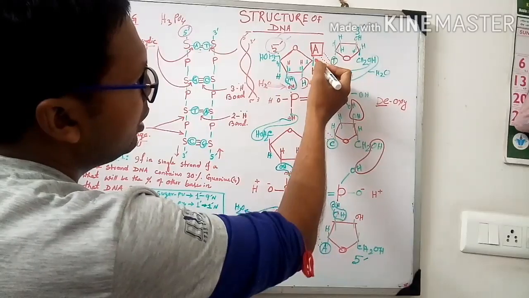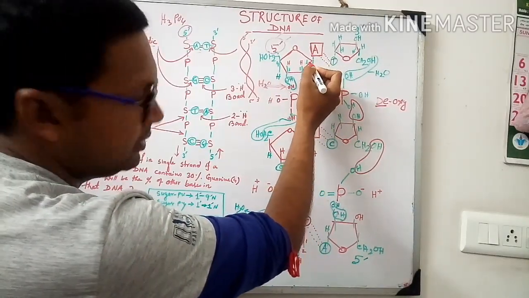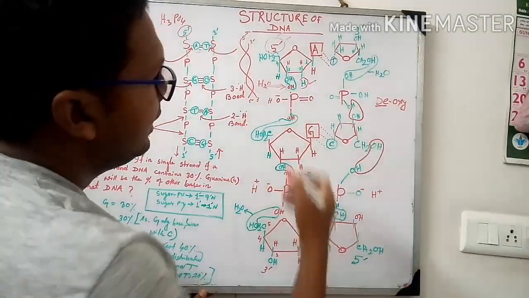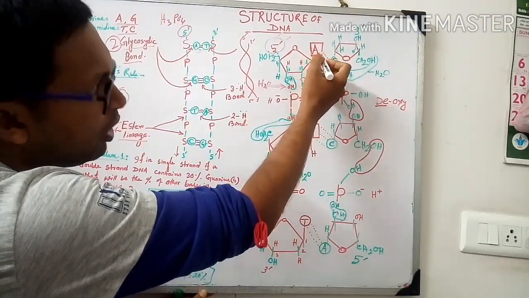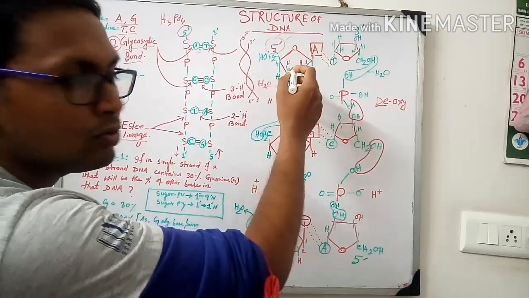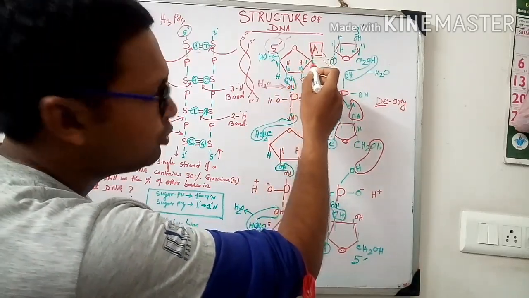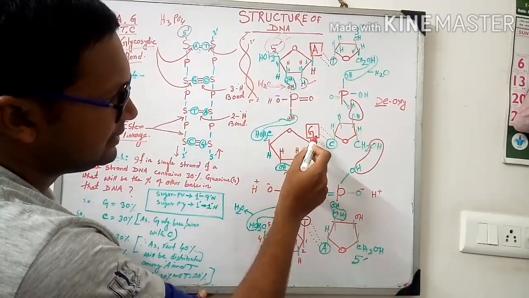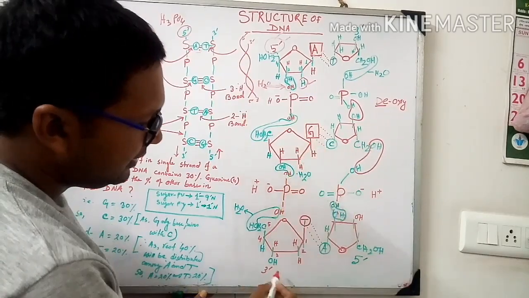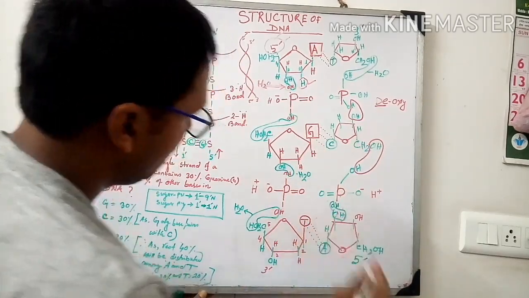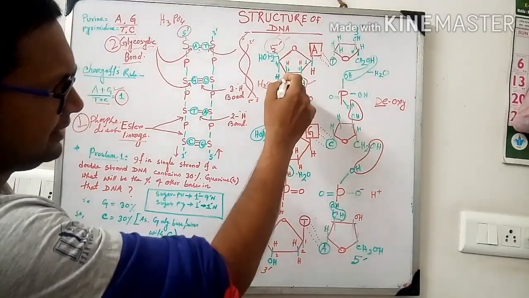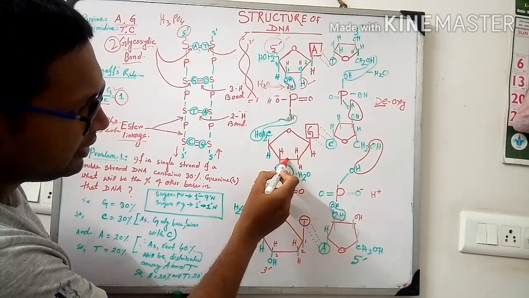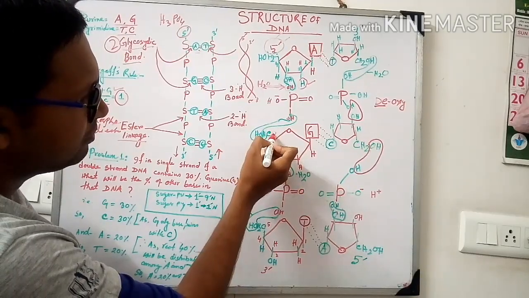Okay. Now this 1 carbon position is attached with a base. Whatever it may be, the sugar will be attached with either a purine or a pyrimidine. In this case, the sugar is attached with a purine, adenine. In this case again it's a purine, and in this case it's a pyrimidine base. Whatever may be, in all cases, phosphate is again attached with the next sugar, its lower sugar, at the 5 carbon